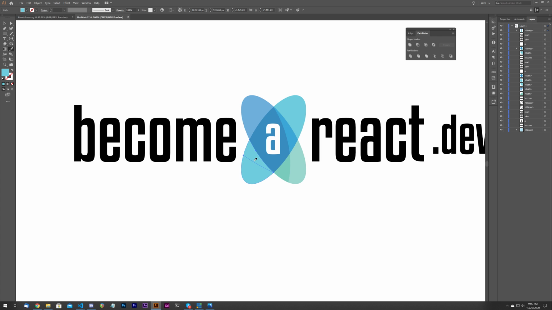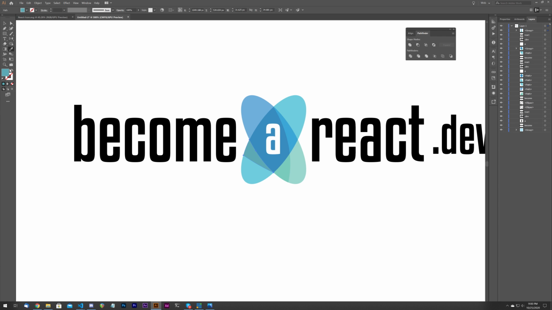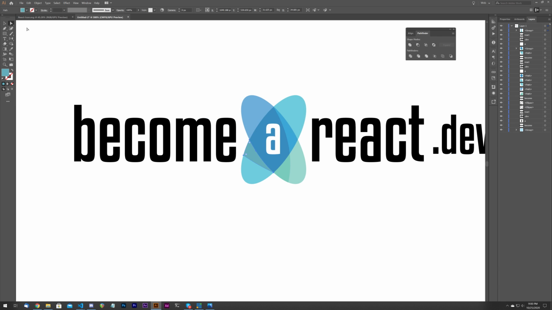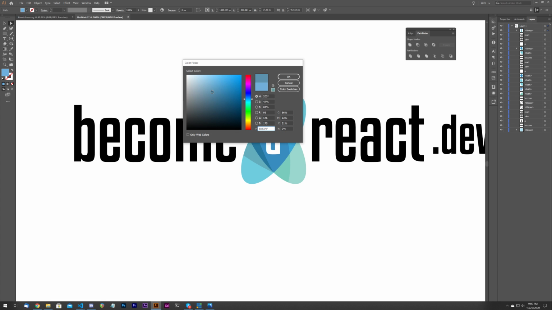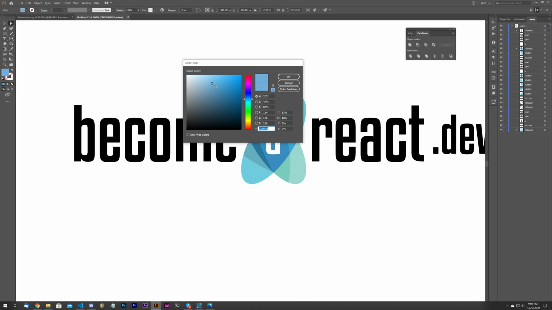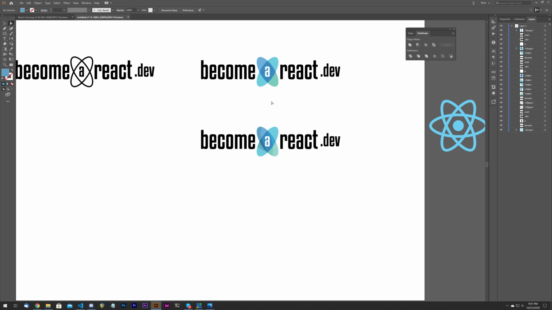So we'll hit I. And now this one, let's make it a little bit darker. So we'll come down here. I think that's a little bit too dark, honestly. And maybe we'll make it a little bit more into blue. Not too happy with that still. I'll come back to it though. And in this one, we'll make it a little bit darker as well. So we'll come down. And then this one, yeah, we'll go darker as well. Maybe not that dark. All right, so that's another way that we can just add interesting shadows to the element to give it